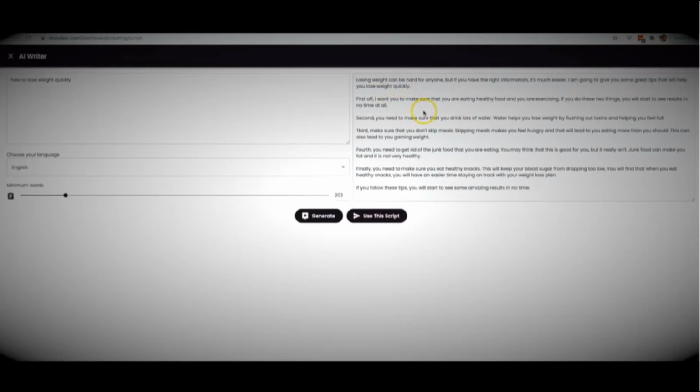Boom, so the first 2 lines right there, great content written perfectly. This is 100% true information. When I lost weight myself, that's the first 2 things that I had to do. Obviously, eat better and exercise. A lot of people do that, and then there's multiple things within these 2 things that you can do to lose weight. So I'm just going to stop reading there and use this